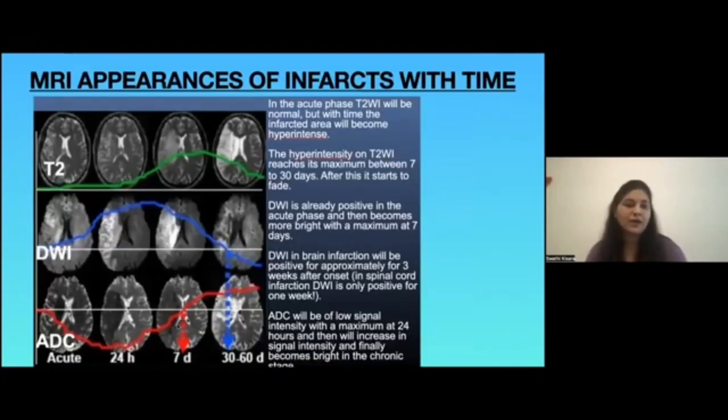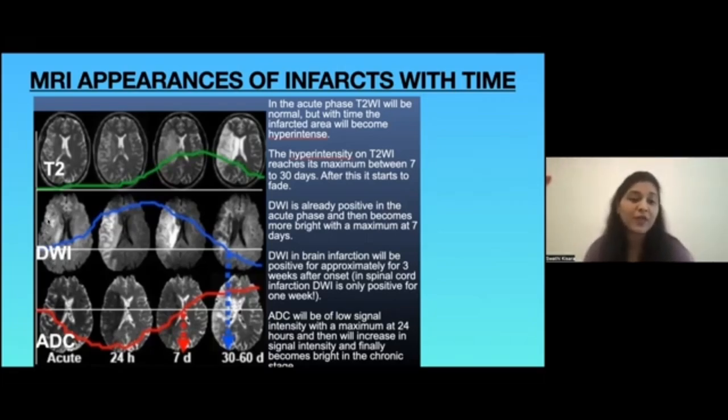In this slide, we can see the evolution of infarcts and their appearances on MRI with time. So in the acute phase of the infarct, on T2 weighted MR images, there are no findings or the findings are very subtle. But with time, the signal intensity of the infarct increases on T2 weighted images. Whereas on DWI, that is diffusion weighted imaging,